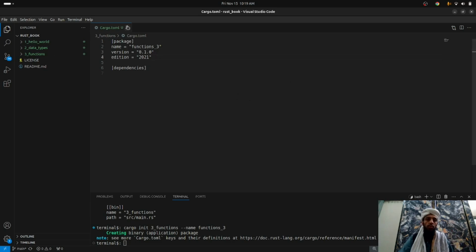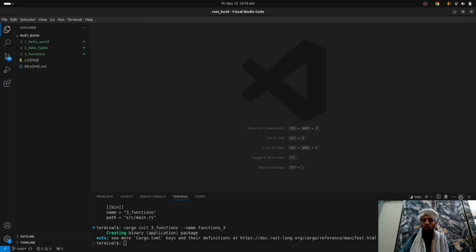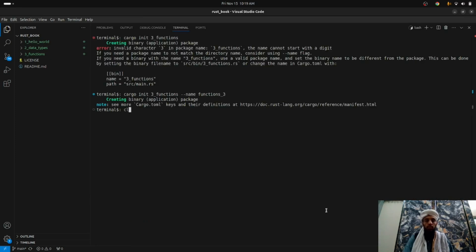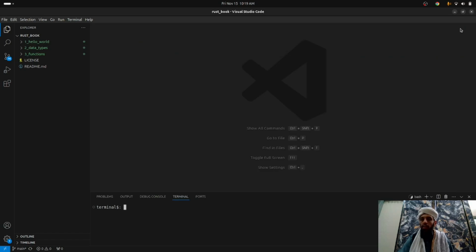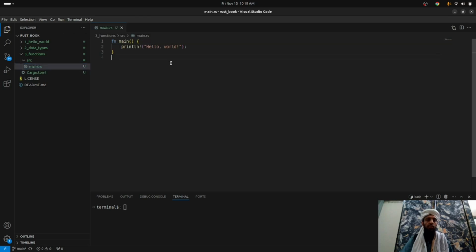Now let's go to this, and now let's clear this. First of all, I don't need it because it is done. Now the next thing that I'm going to be working on is to go to the source file, go to the main.rs file. I have told you previously that this is the default file of Rust. I will simply remove it, and now I will tell you what the functions are